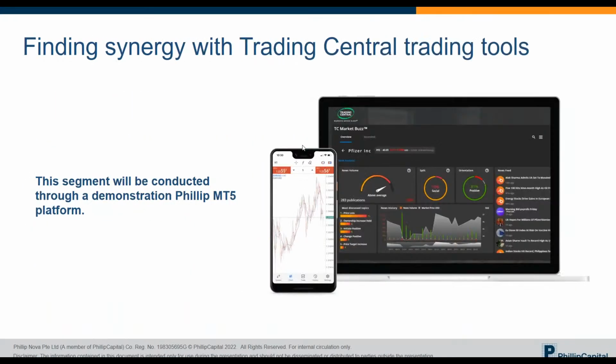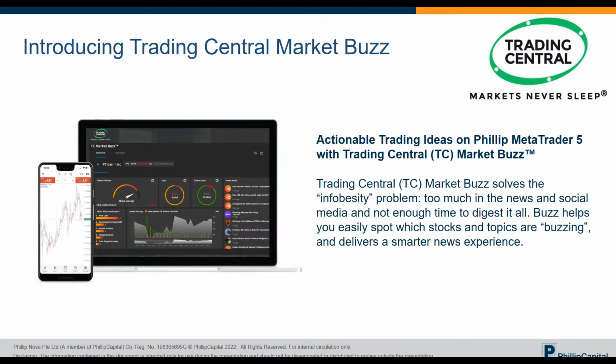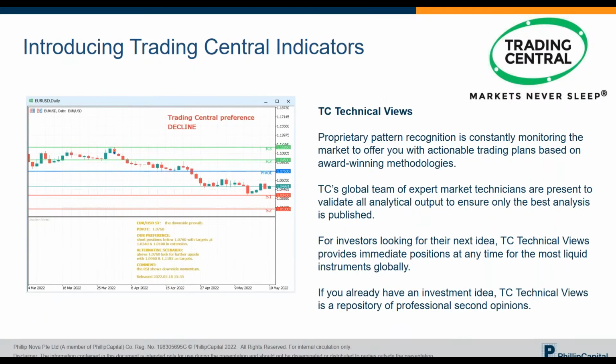Okay, so just a brief conclusion on the tools that we have covered. We've covered Trading Central Market Buzz, Trading Central Economic Insight, Trading Central Technical Views, and we have also covered the Acuity Signal Center by Acuity. So the conclusion is, on Phillip MT5, we have all these free trading tools that are suitable for people